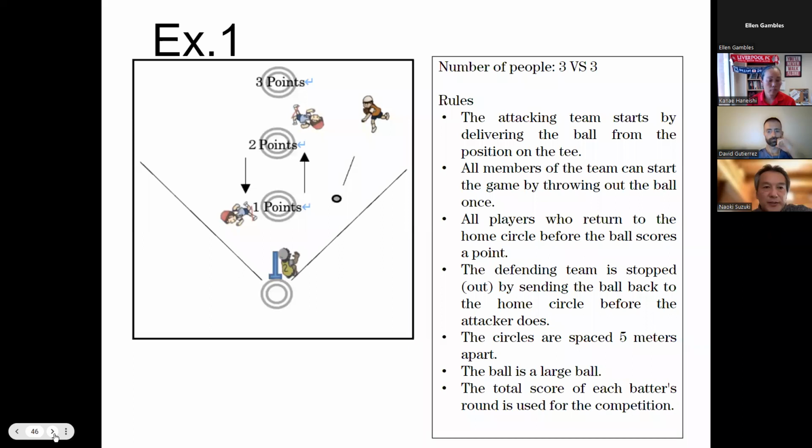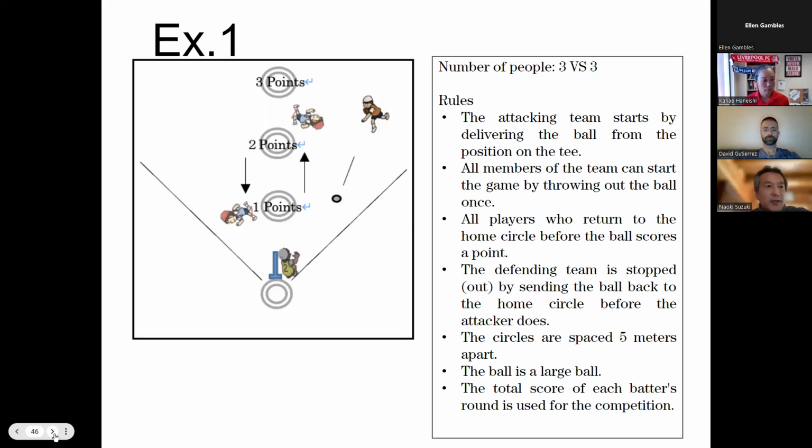Furthermore, if the space to send the ball out is large, it will be an easier challenge for the attacker. But if the size of the court or the number of defenders is increased to reduce the space that one person has to defend, the attacker will have a more difficult time. So it is a good idea to modify these perspectives to properly set the ball delivery tasks.